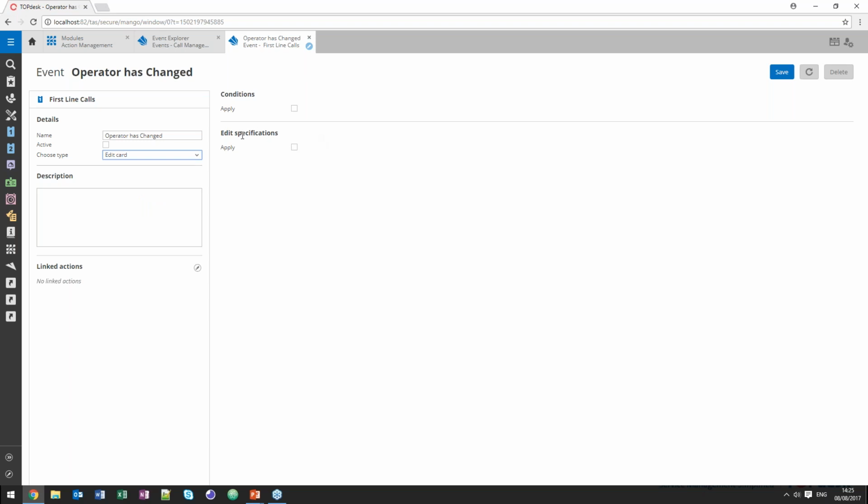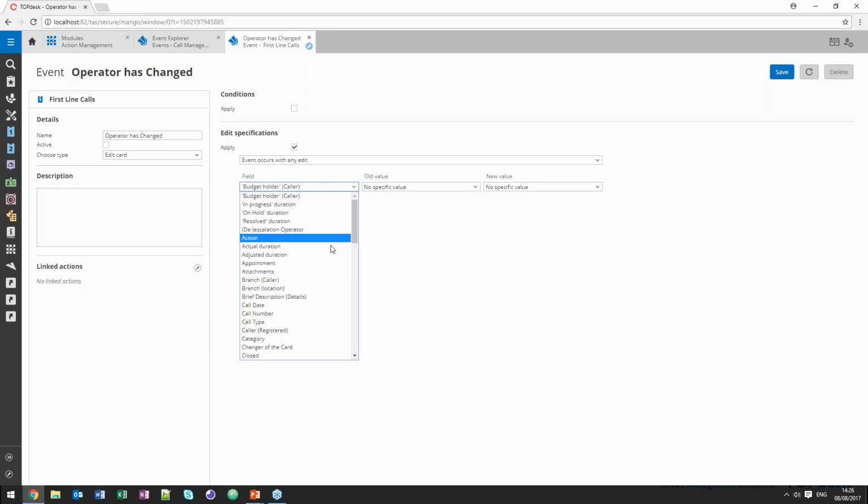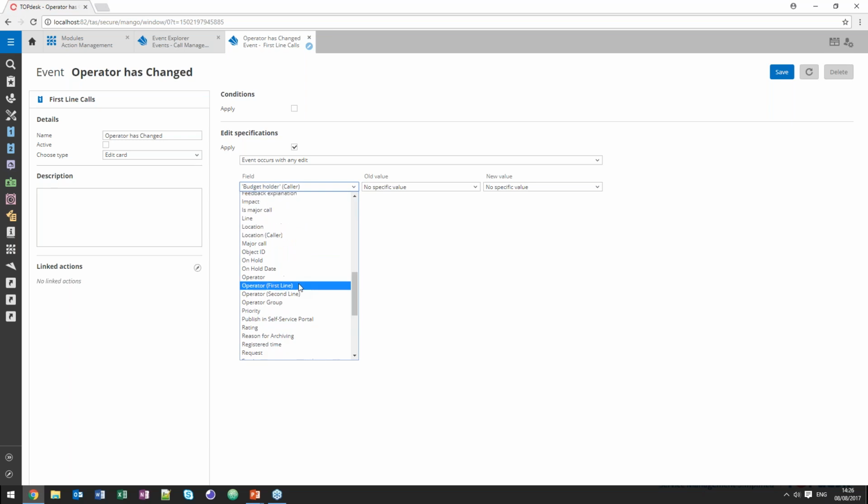While I've clicked that, you can see that on the right-hand side, the edit specification becomes active. So that means that I can actually determine, all right, in which fields am I interested in monitoring for this specific event. So I'm going to apply this specification, and the field that I'm interested in is the operator field, of course. So I'll open up the drop-down list, and this gives me access to each and every field that you come across in a typical incident. So we're going to locate the operator field,